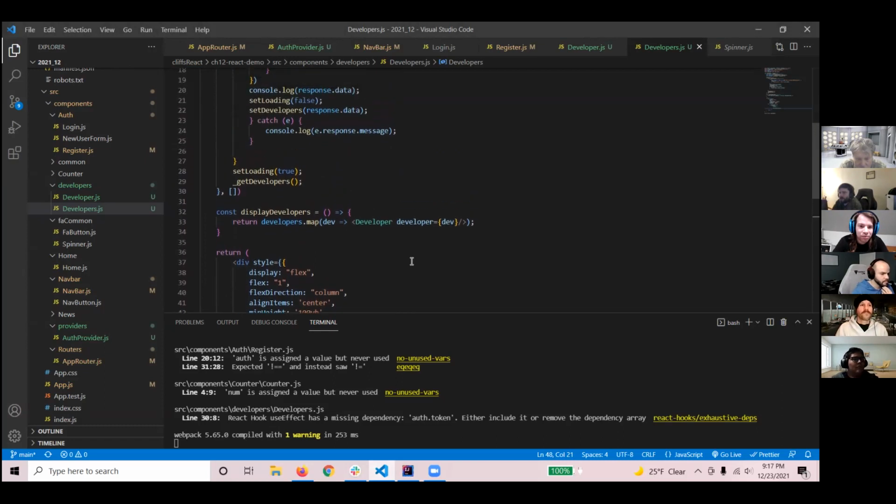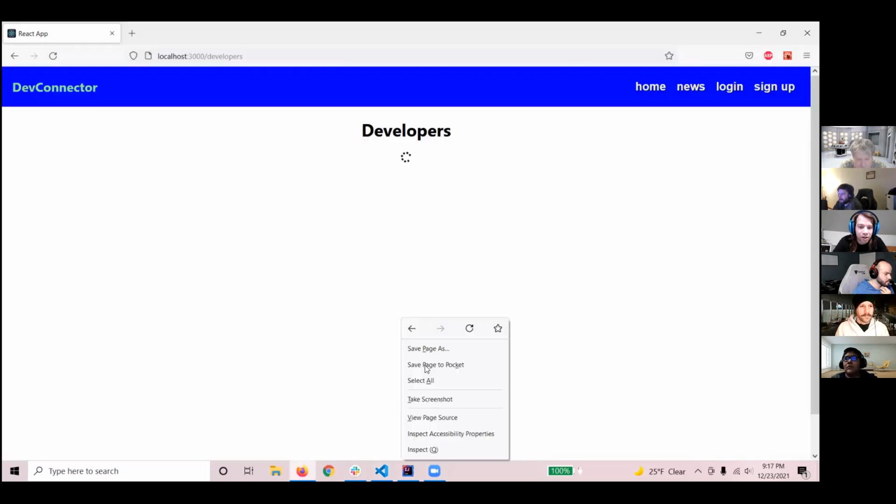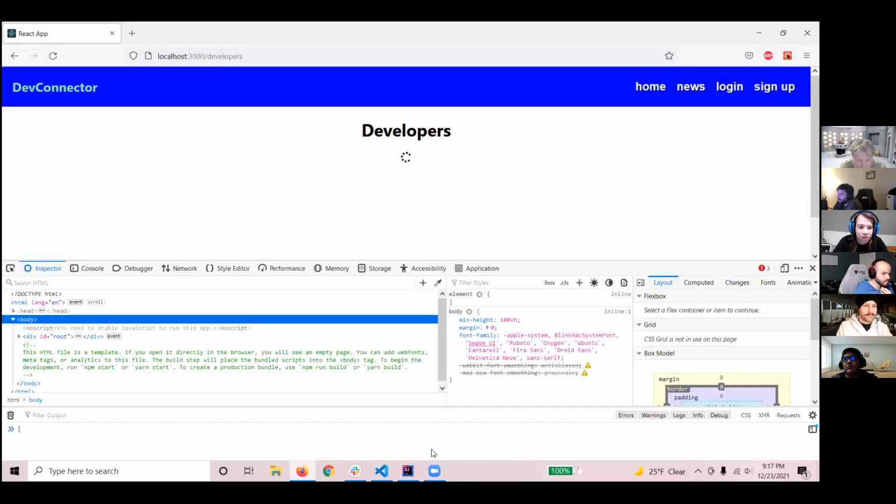So you do set loading to false. Set developers response.data. Good. You have the display developers. Yeah, let's keep going up a little bit. You do run the method. Good. And are you getting the console.log response.data? Didn't check. It's going to help. Oh,